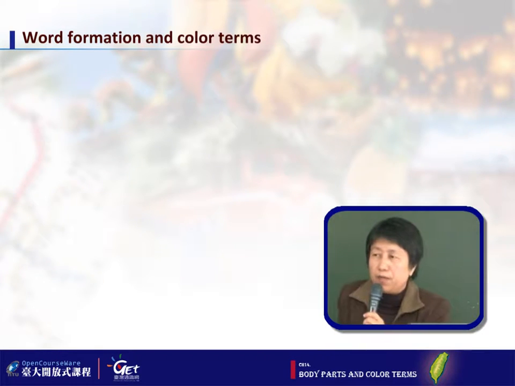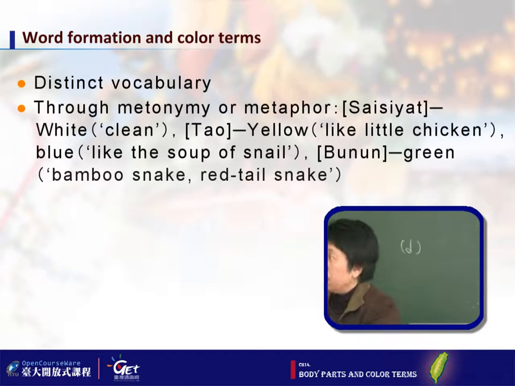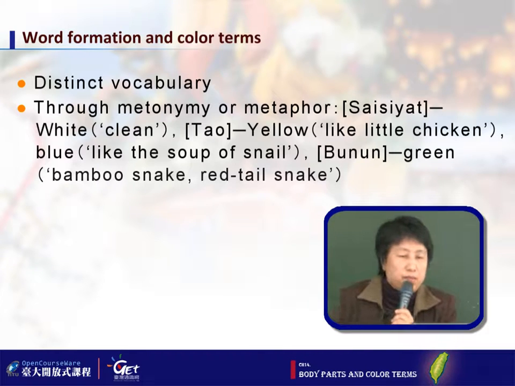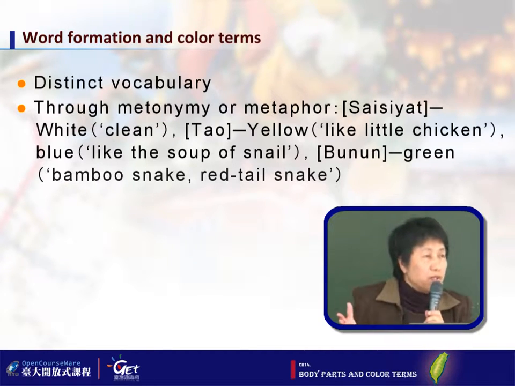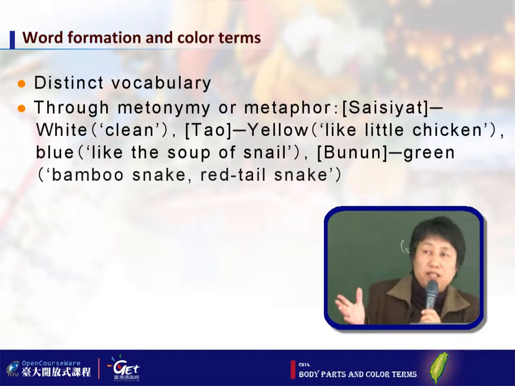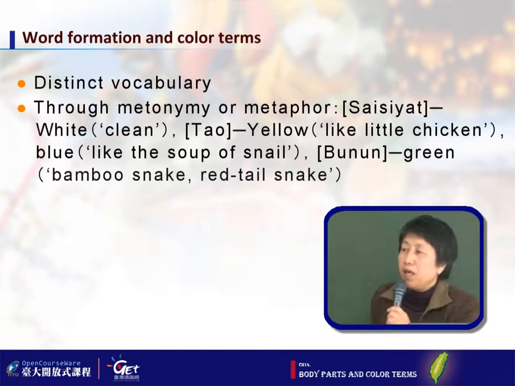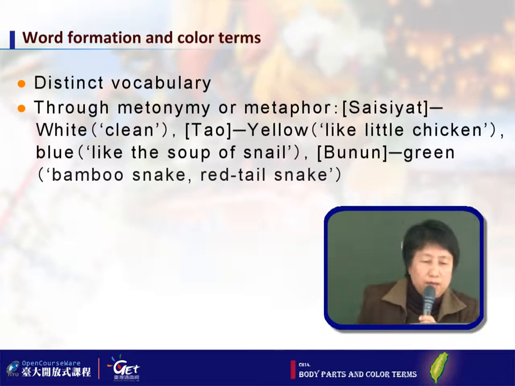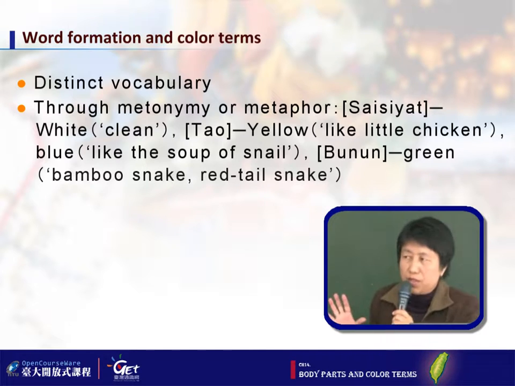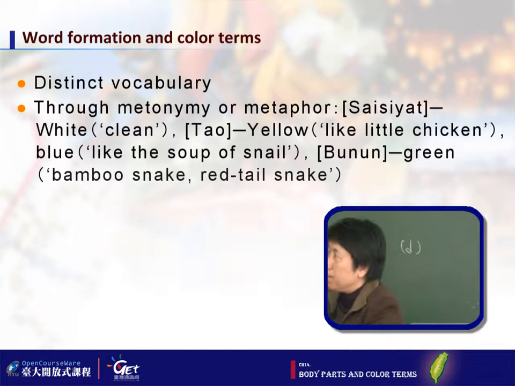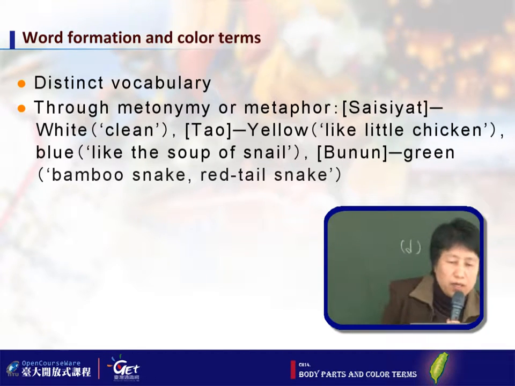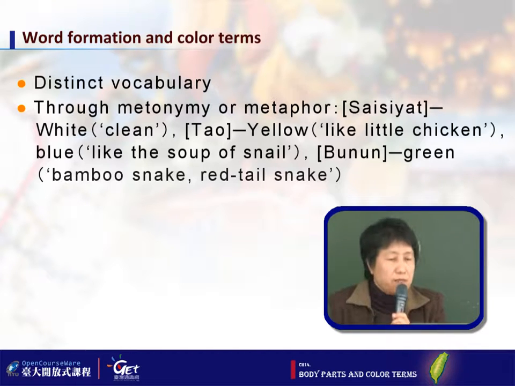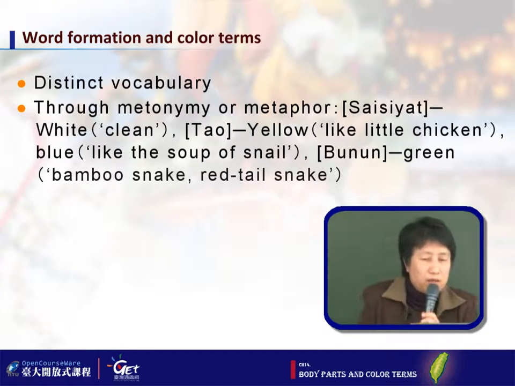Okay, as we said, when we discuss body parts, we talk about how some languages have a distinct vocabulary for a particular body part, and then some are derived through metaphor or metonym. There are two patterns. Some languages create a term for that, and then some are derived. For example, in terms of color or body parts,